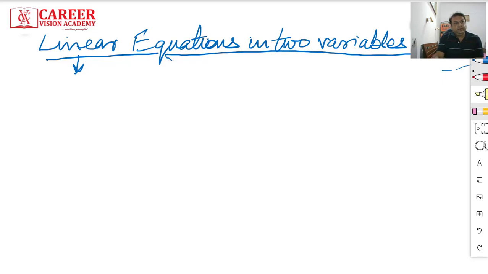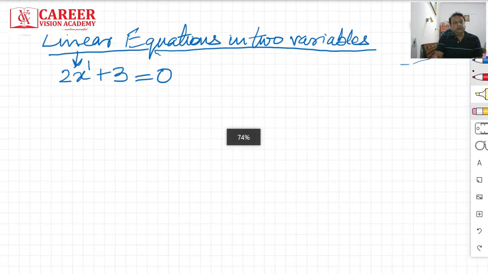We already have studied about algebraic expressions. Okay, and in algebraic expressions you must have heard about expressions or polynomials in degree 1. Degree 1 means if I write an equation 2x plus 3 is equal to 0. You can see it has equal to sign. So this is an equation and it is linear. You know why? Because here the variable is x and the maximum power of the variable is 1. So this is of degree 1, hence this is a linear equation.